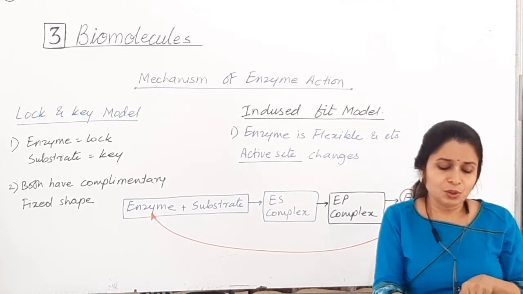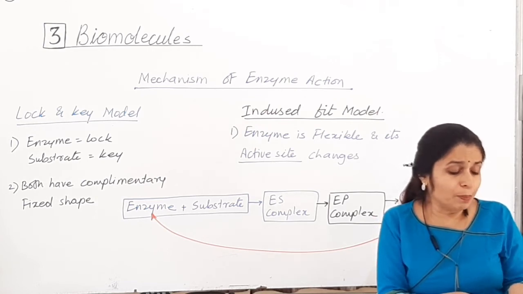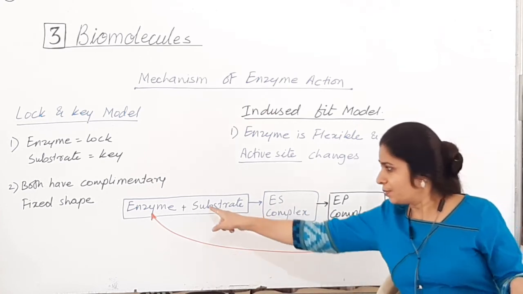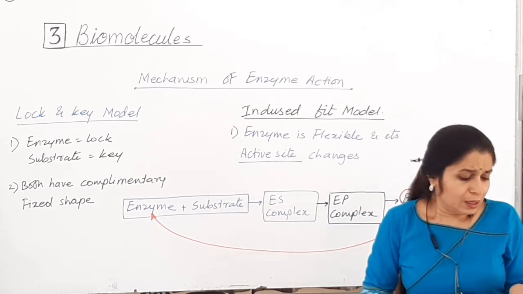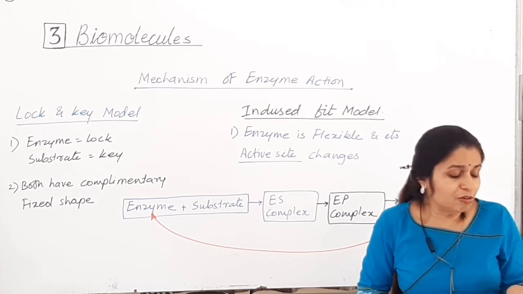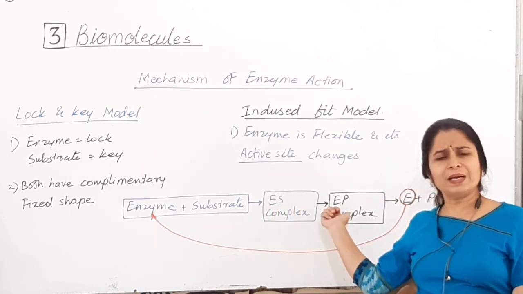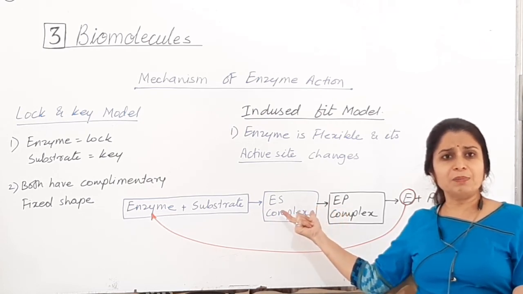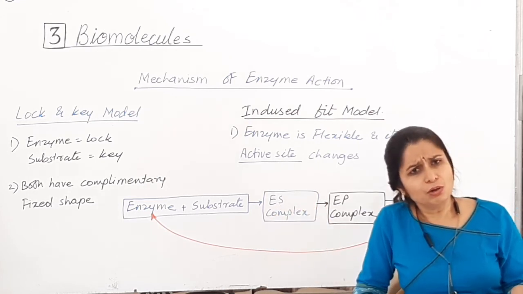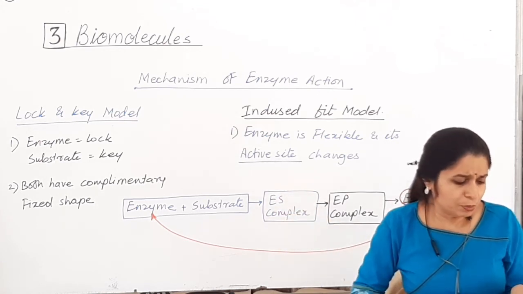The substrate has to diffuse towards the active site. There is thus an obligatory formation of ES, enzyme substrate complex. E stands for enzyme. This complex formation is a transient phenomenon. It is periodic, transitional. Okay, ये complex बनेगा, readily you will get this one. Reaction के लिए कितना टाइम लगेगा वो डिपेंड करता है chemical reaction पे, और raw material, temperature पे. So this is a transient state, short term process.